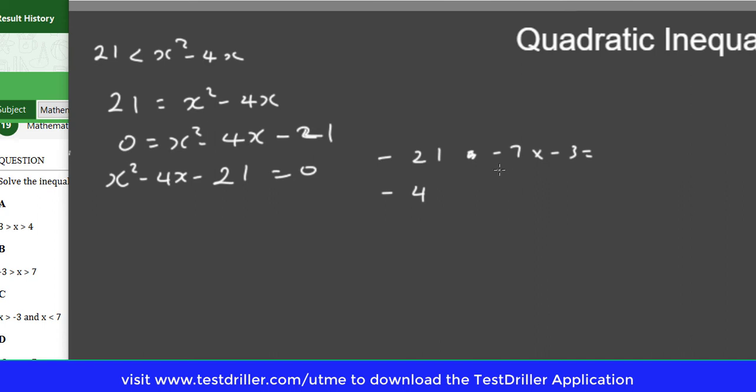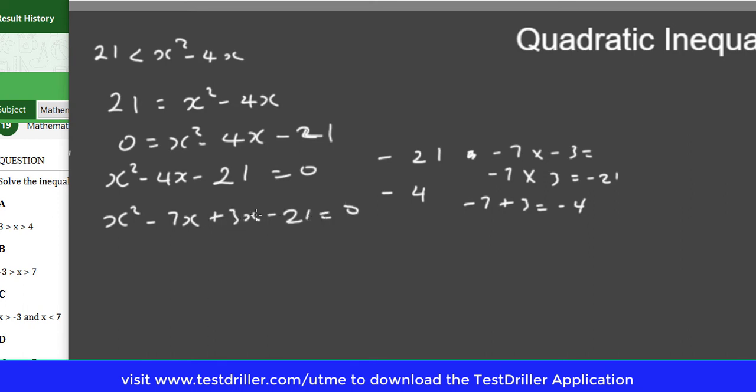So in this case, you have to do the following. That's minus 7 times 3. You change one of these to be positive, and that will give you minus 21. So if you add them up, minus 7 plus 3, that will give you minus 4. So the two numbers we're interested in are minus 7 and plus 3. So what you simply do here, just take x squared, then you have minus 7x, then plus 3x minus 21